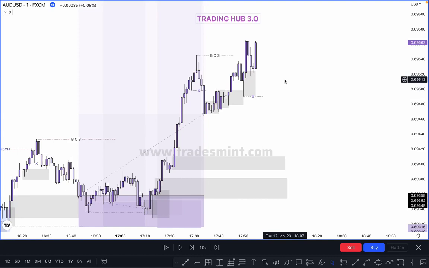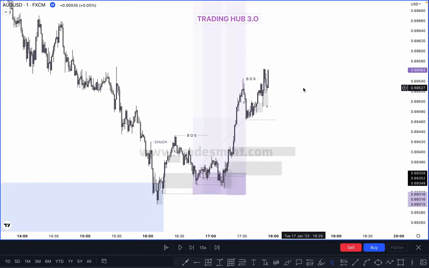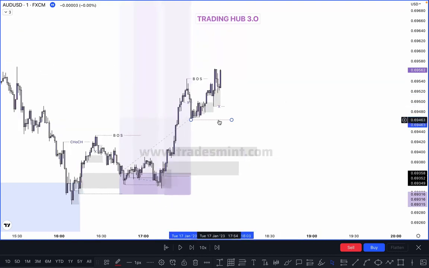We can buy here, just below it, if there is any unmitigated order block. Look at this one. Why? If you are thinking this is a choch, exactly, this is a choch, but we can buy here. Why? Because the market already tapped on your 15-minute PD array, and the market does not follow only the 1-minute time frame. This is a choch in a 1-minute time frame, but it can be a 5-minute inducement, right? Every choch, most of the time, is an inducement for a higher time frame. So this can be used as a higher time frame inducement, and we can buy here, but you need additional